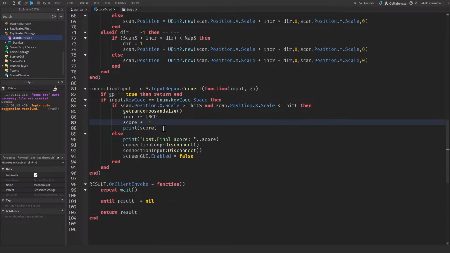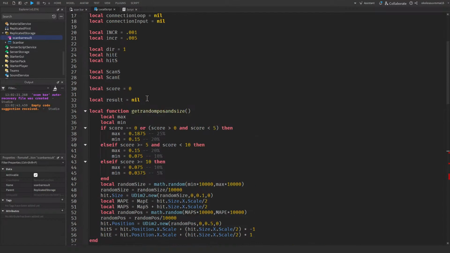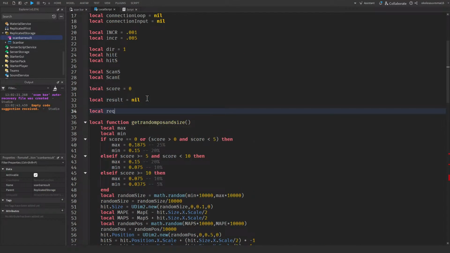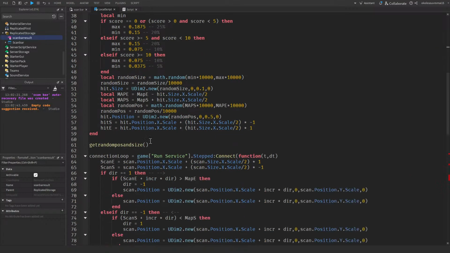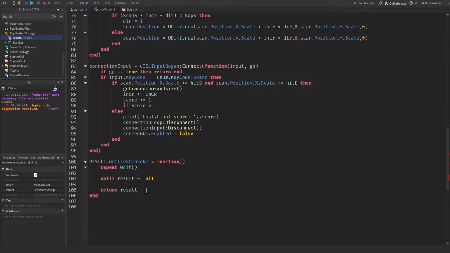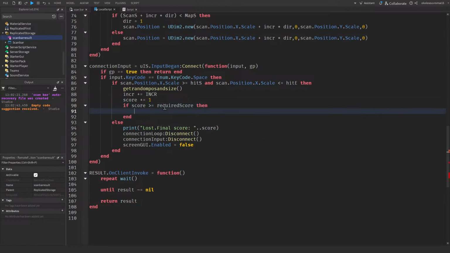If score is bigger or equals to local required score, let's say 10 or like 15 maybe, and then we start here. Not required score, then